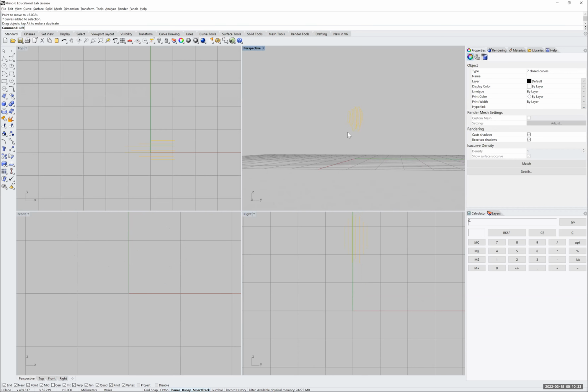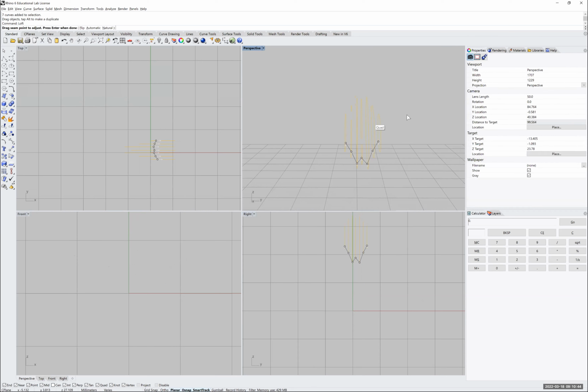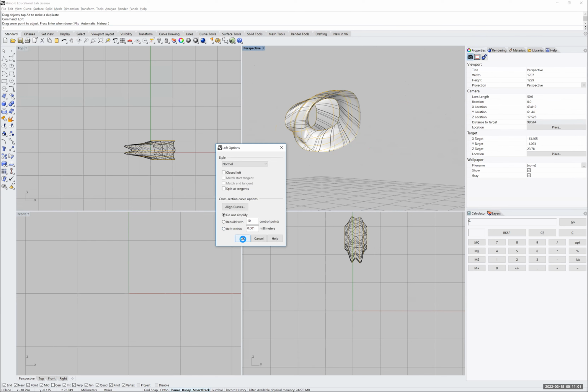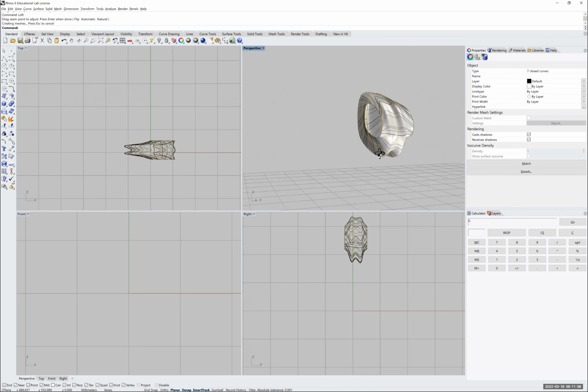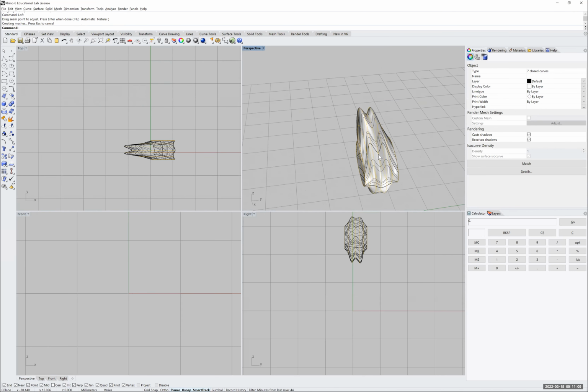And as we said, for the loft command to work, we need at least 3 curves. We can have more, but we need at least 3. Right now, I have 1, 2, 3, 4, 5, 6, 7 curves, and I'm going to start selecting these curves. These points are almost on the same location with reference to the curve, and all the points are in the same direction. So I'm going to right click, and I'm going to accept the default options, and I have my object ready to be dissected into some curves that will allow the assembly of such a model